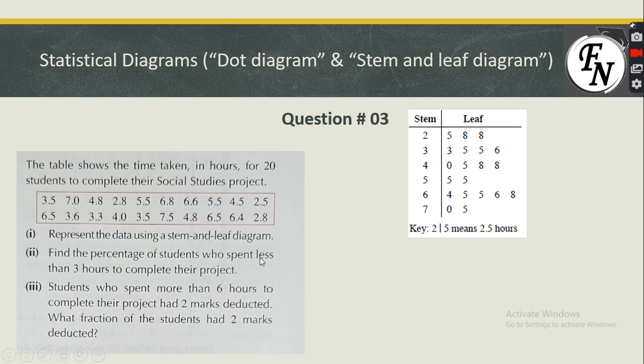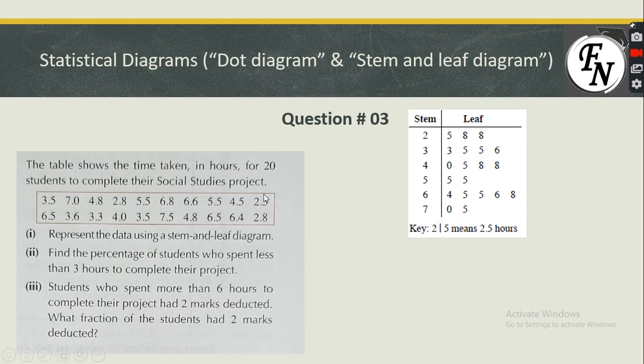This can be written as a different number as well. If we talk about a 2-digit number, like 21, 23 and 25, we can write the stem as 2, and 1, 3 and 5 can be written in the leaf. This would be shown a bit later in this video. So we have plotted this: this is 3.5, so it is 3 and 0.5 is 5 here. They have arranged it first and then plotted it.